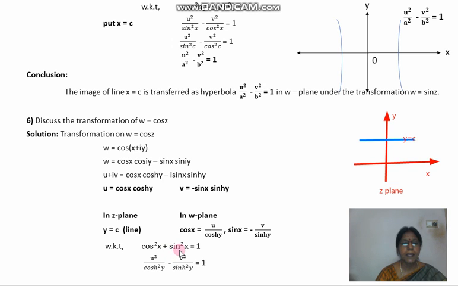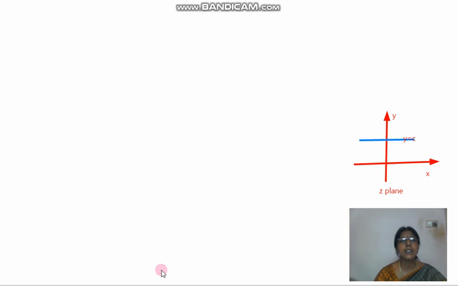Similarly, this is sin square x. Sin x is this: minus V by sinh y. Here sin x is a minus value, sin square x is a plus value. Sin square x, since the whole square of minus, becomes plus. So sin x place is V by sinh y. Sin square x means V square by sinh square y. As usual, here y is equal to c, some constant, substitute in this equation. What do we get? Put y is equal to c. You have cosh square y means cosh square c. Similarly, sinh square y means sinh square c.